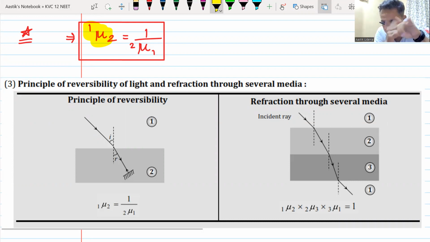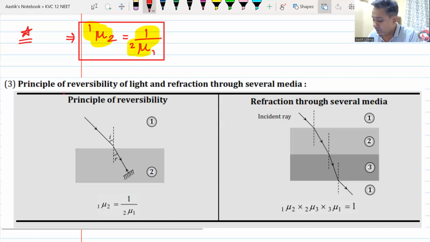Refractive index of 2 with respect to 1 will be the inverse of refractive index of 1 with respect to 2. Yes or no? Yes, sir. Do we all understand this? Raise your hand, it will give me more confidence that the refractive index of 1 with respect to 2 will be the inverse of refractive index of 2 with respect to 1. From here, we can understand this very nice principle